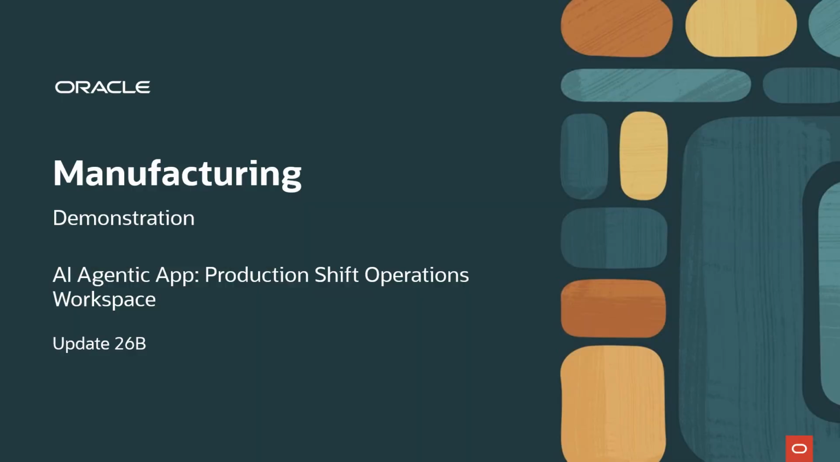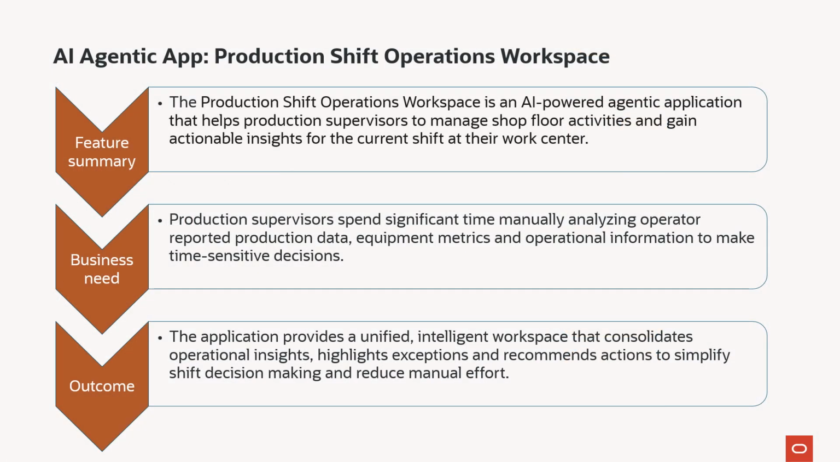Welcome to the demo of the 26B feature for the AI Agentic app, Production Shift Operations Workspace. The Production Shift Operations Workspace is an AI-powered agentic application designed to help production supervisors efficiently manage shop floor activities